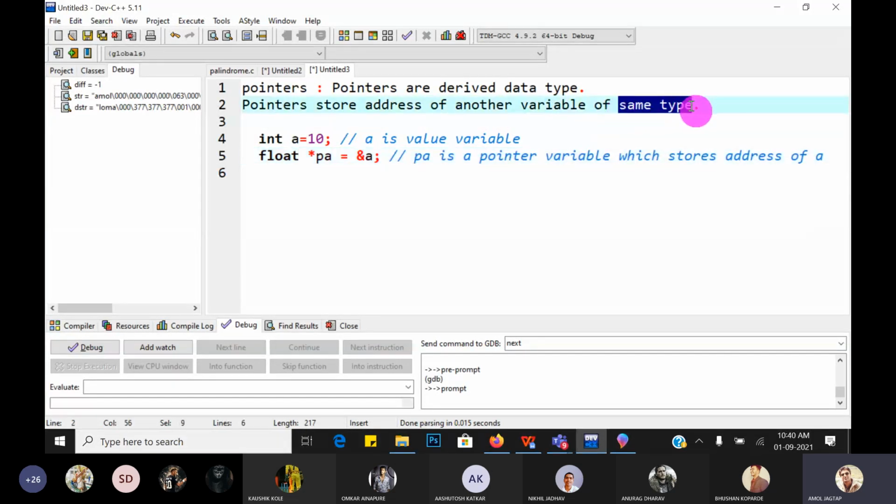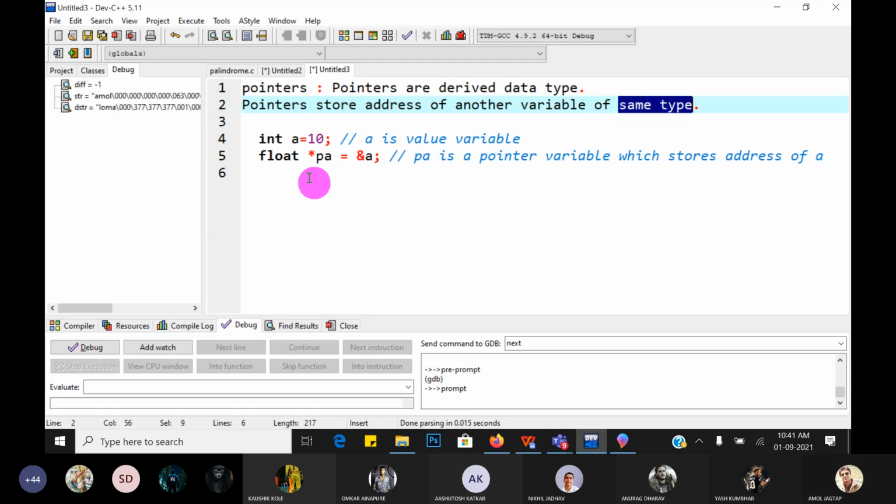Same type is a must. An integer pointer stores the address of an integer variable only. A float pointer stores the address of a float variable only. Like that, a character pointer stores the address of a character variable only. Okay, like this. Guys, did you understand what is meant by pointers?